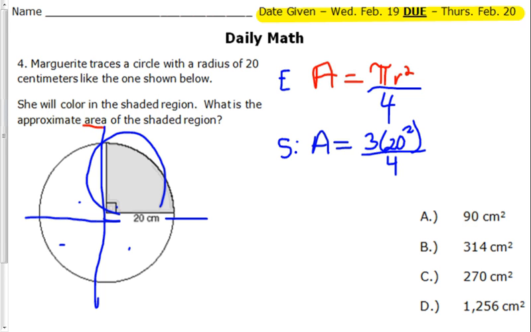Okay, following order of operations, when I go to solve it for our second S, I'm going to have to figure out what 20 squared is. 20 squared means 20 times 20, which is 400. So I'm going to have my area is equal to 3 times 400